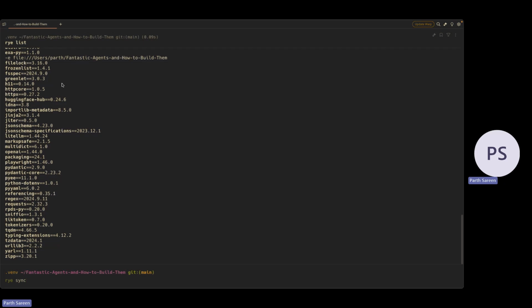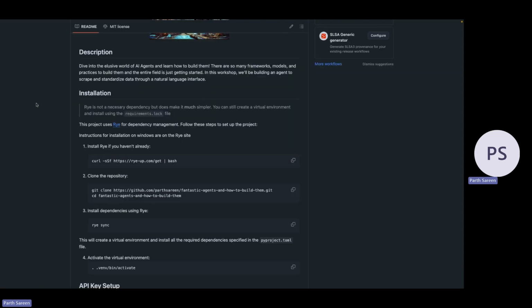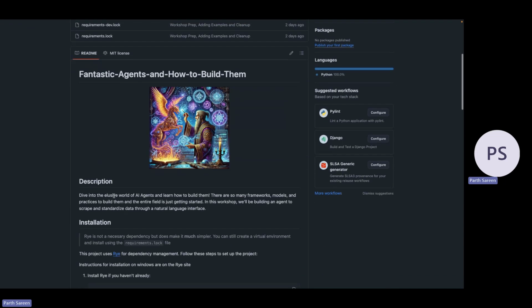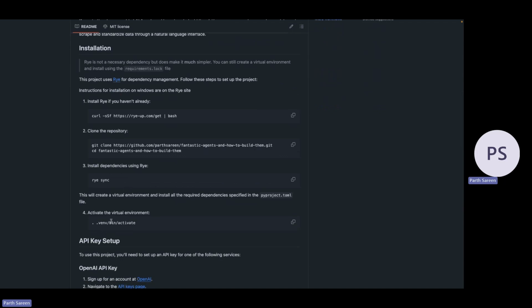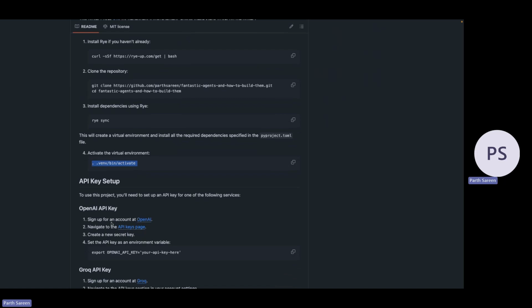If you don't want to use Rye, by the way, that's okay. It just makes it very, very simple. If you don't want to use Rye, you can pretty much install from this lock file. So you can do pip install -r requirements.lock. Should have probably told you guys that sooner, but needed to make you a little quirky today. So we do the rye sync, and we can run this command to activate the virtual environment. Now, how many of you have some LLM API key?